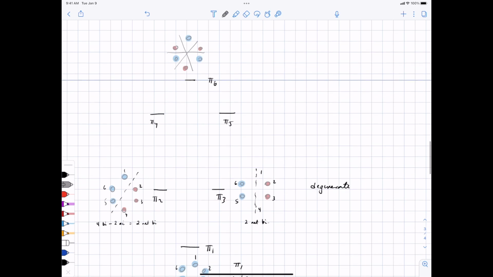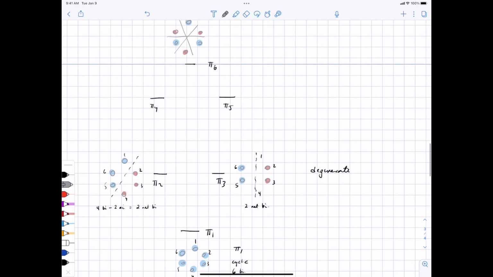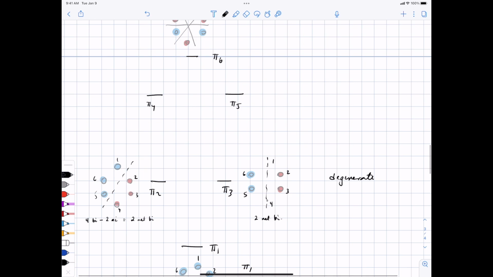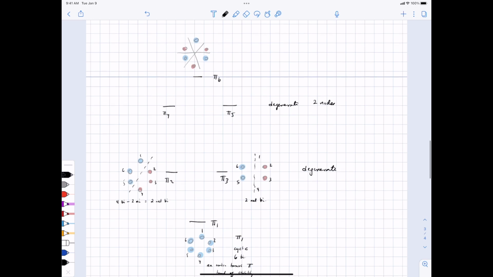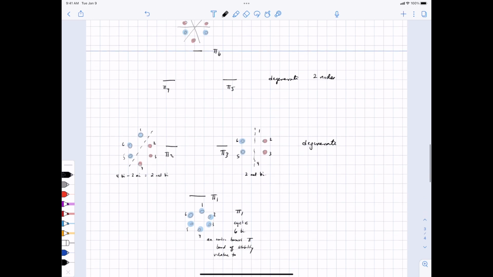I'm sorry, I don't know why it's not occurring to me what the actual shapes of those orbitals for pi 4 and pi 5 should be. They are degenerate as well, and they have two nodes instead of just one. We could figure it out. It's just probably not worth our time. But the point is that